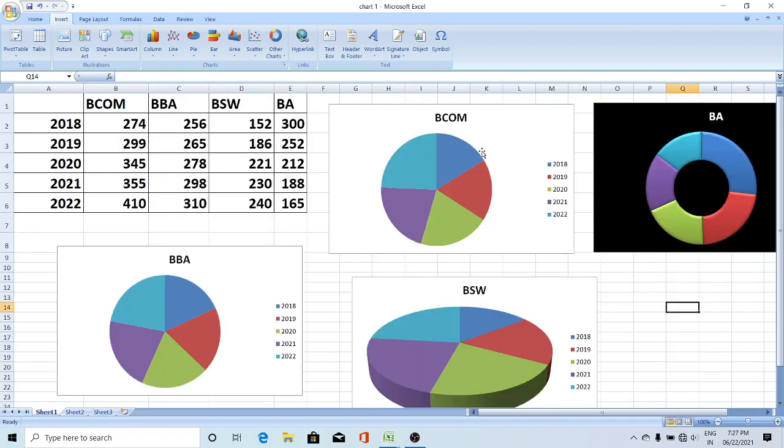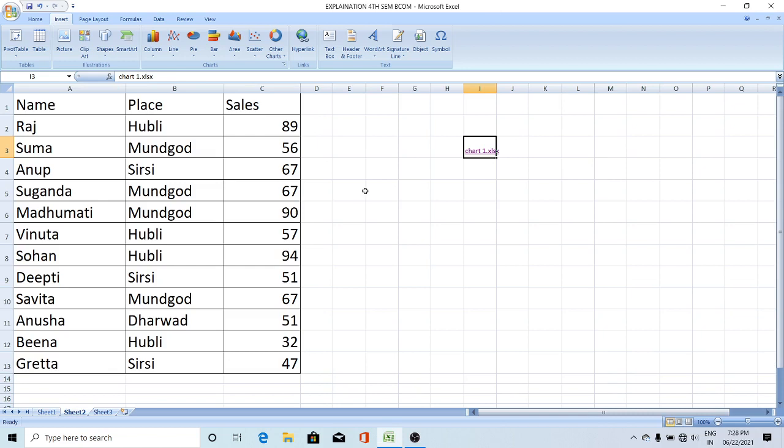Even with a single click, that file will be opened automatically. This is the chart file, and various pie charts are there that you can see here. If you want to work with this file, you can. If you don't want to, just close it with the cross mark. Like this, whichever file you want to refer to, you can link here.